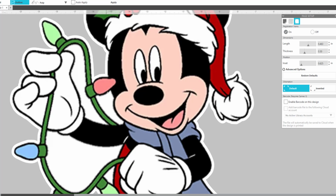They're not just big, flat, straight boxes that I have to put places. So watch. I have the knife tool. I have auto apply off, and I have poly on. So what I'm going to do is cut around his head and hat, and that's going to be my first piece. Instead of, like I said, with Cricut Design Space, just being able to make straight across lines, watch what I can do. I can start here, and every time I click, I'm just adding a little node, and then I can come right around in here